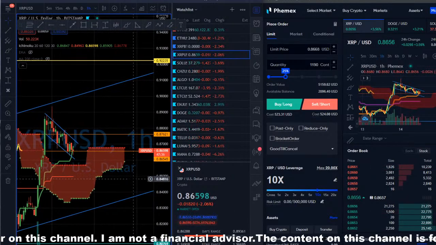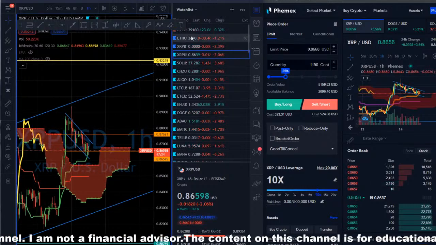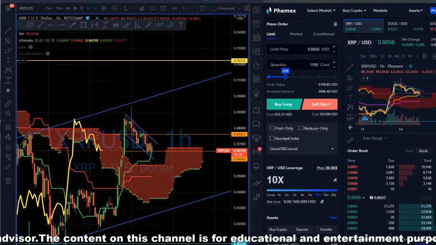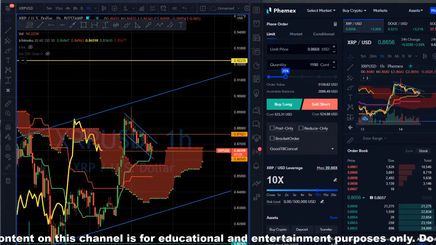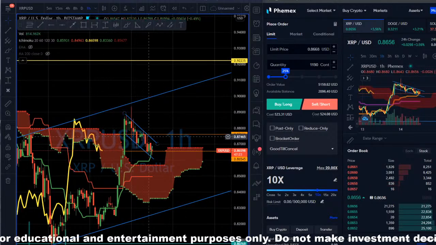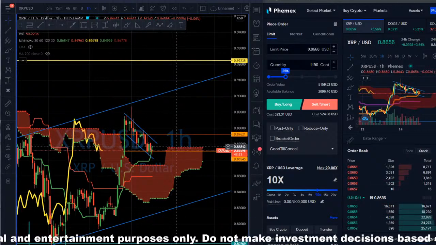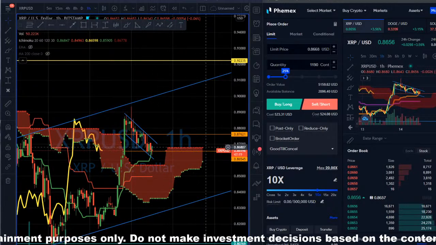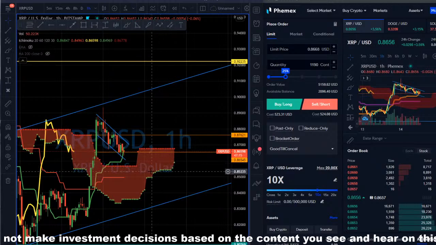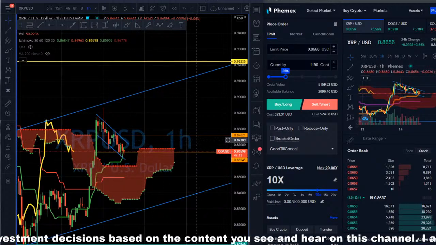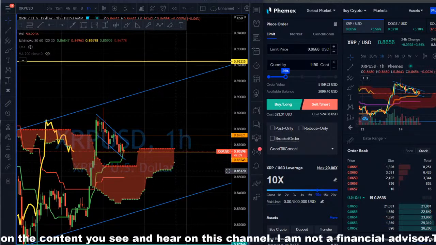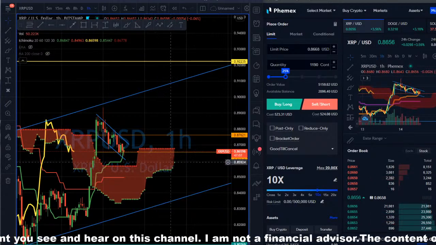So I'm waiting for two things here. I'm either waiting for a signal to turn green right here, like you can call it a Kumo twist, or whatever you want to call it, or